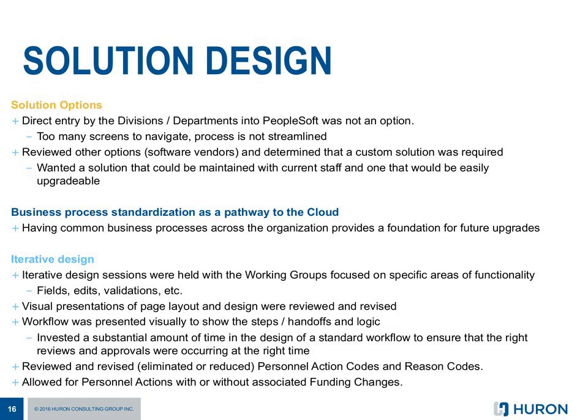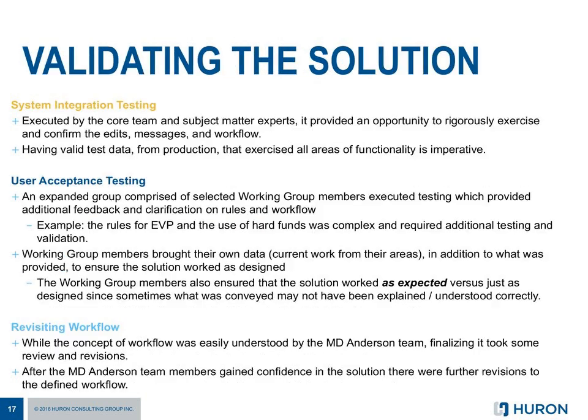really paid off. We had a lot of iteration in our design, and I think that was very effective, especially when changing the whole method of how the departments and divisions use the system. And that was being able to give them visual presentations of what the pages would look like and how workflow would look. And we really kept reviewing and revising that with the organization as we went through the development of